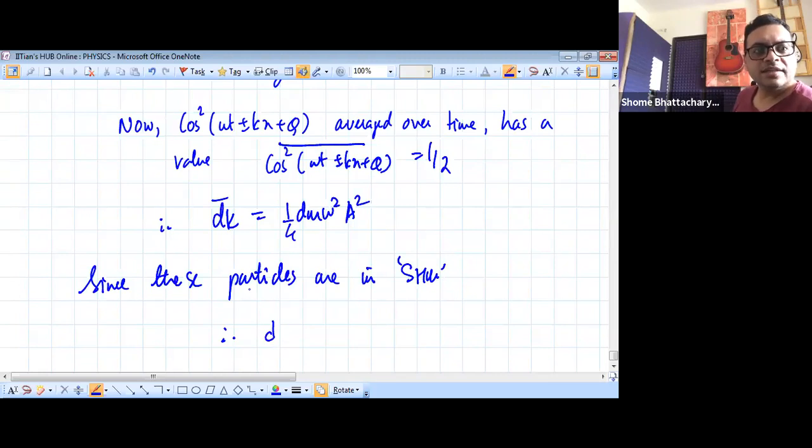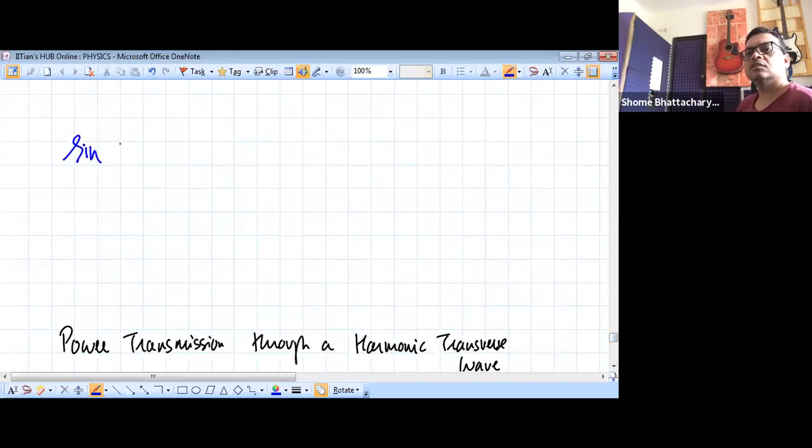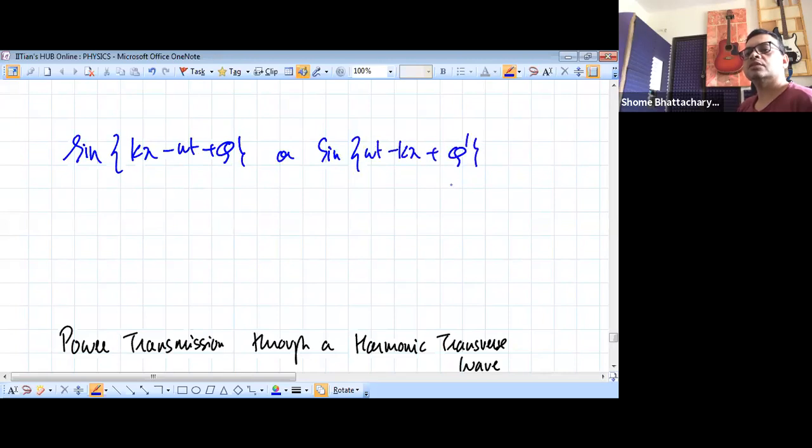Just a minute, Shruti, you're asking since omega t had a plus minus, then why does it have this? That's the same thing. Let me explain one thing. Whether we write the general equation as sine kx minus omega t, this is the same thing as sine omega t minus kx, but with some different phase constant, because sine theta is minus of sine